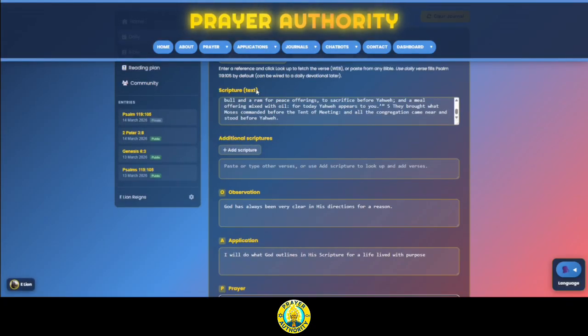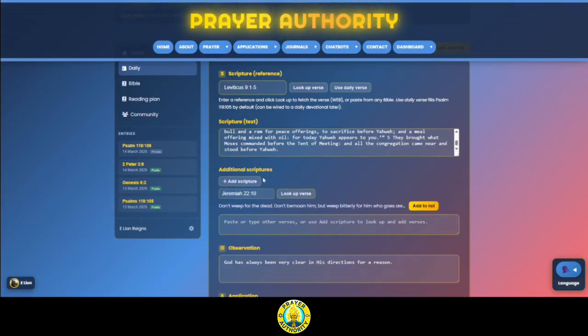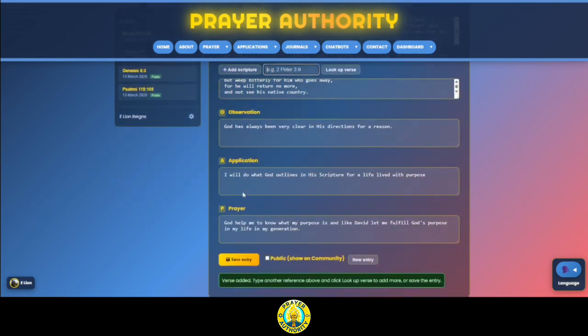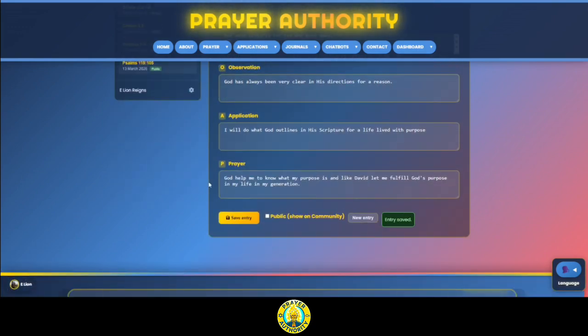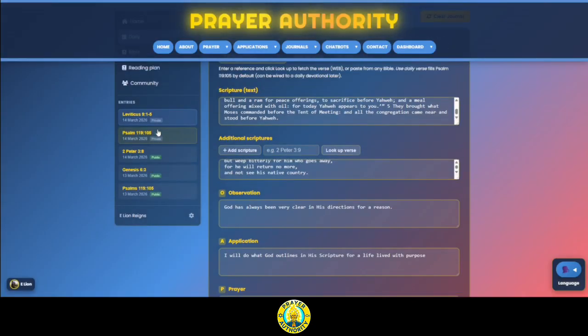Alright, so that's got the verses here. You can also say add scripture. Add scripture, look up verse. Add a list. That adds it to the list. And then you can say save entry. This is entry saved. And now you can say